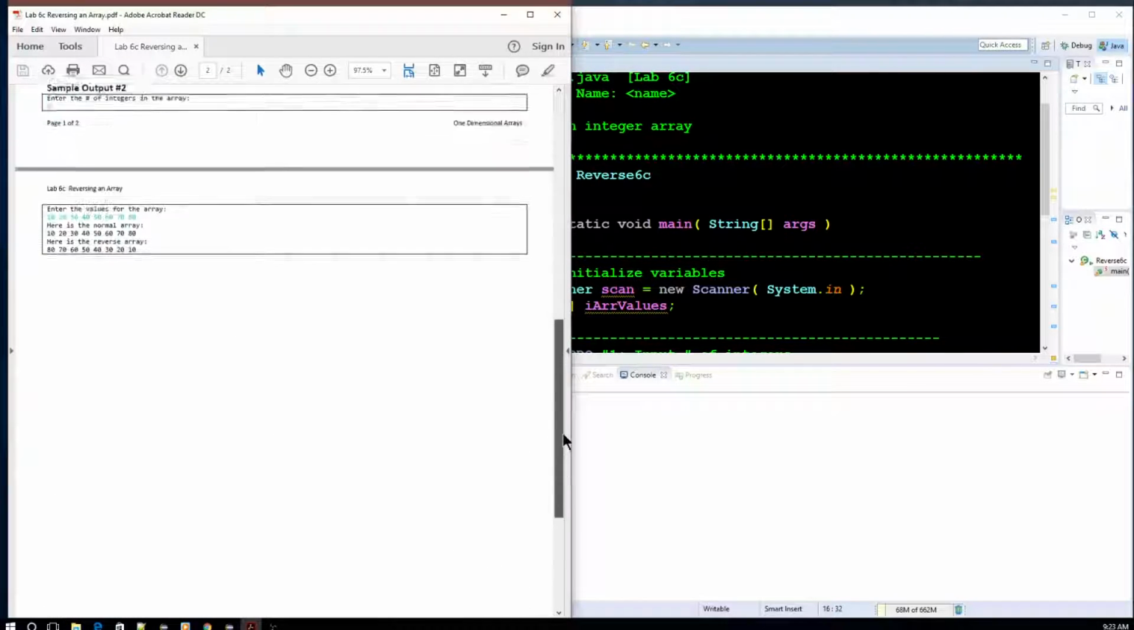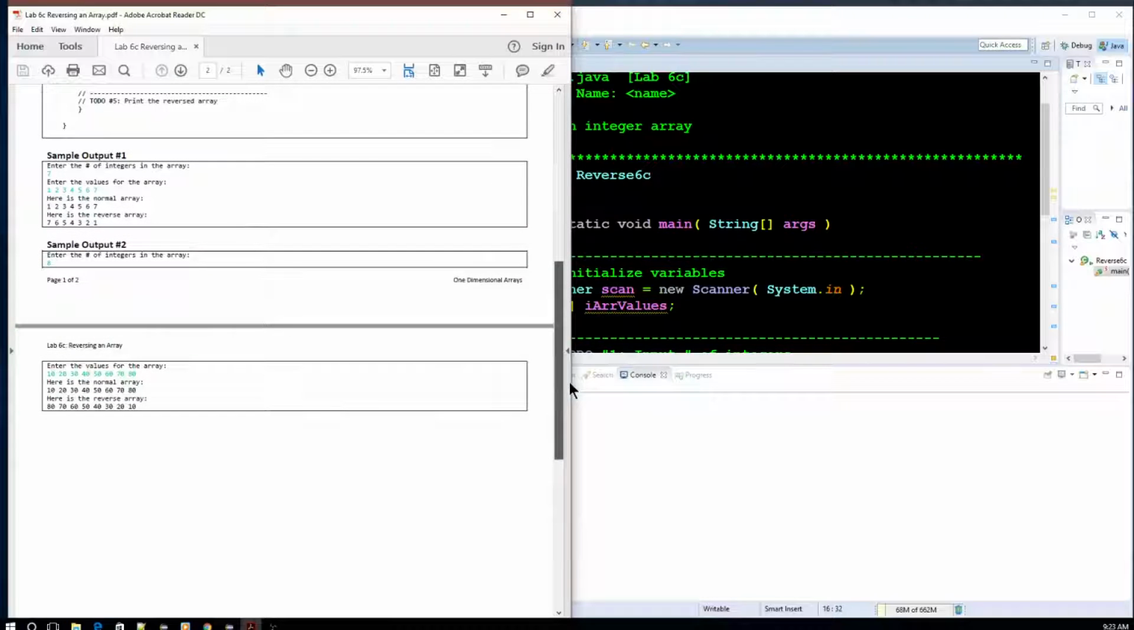So the output result should look something like this. Essentially, we'll ask the user how many they want. We'll say this one wants 7. Enter the values for the array, and they'll just put in any number of values. Here they just happen to be 1, 2, 3, 4, 5, 6, 7. Here's the normal array, 1, 2, 3, 4, 5, 6, 7. And then in the code, we'll actually swap the values in the array and then print it out in the